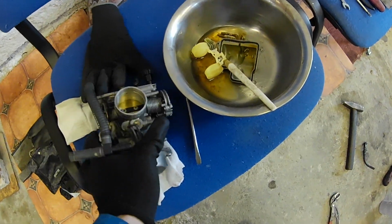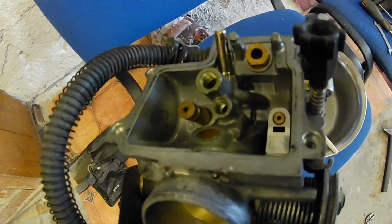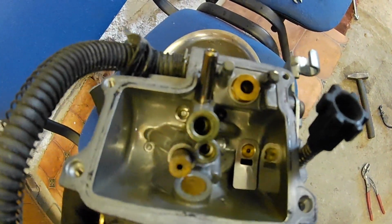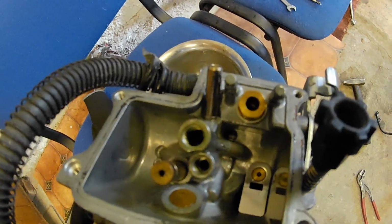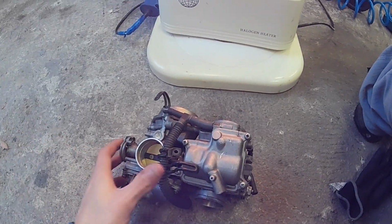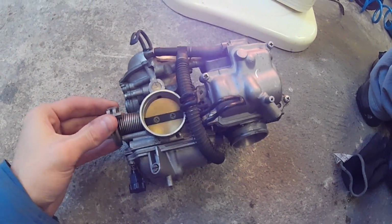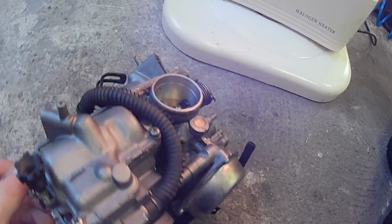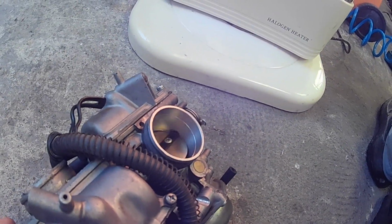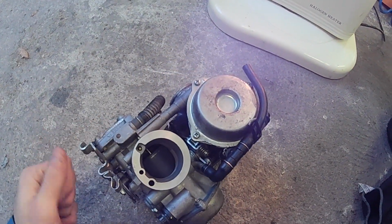Just a quick update on this second carburetor. I managed to get all the jets out, so this one should clean up a little better than the first one. So the carburetors are happily back together again. The butterfly wings now turn freely. As you can see, there is one, and there is the second one, and they are ready to get back on the bike, but we cannot test the bike because